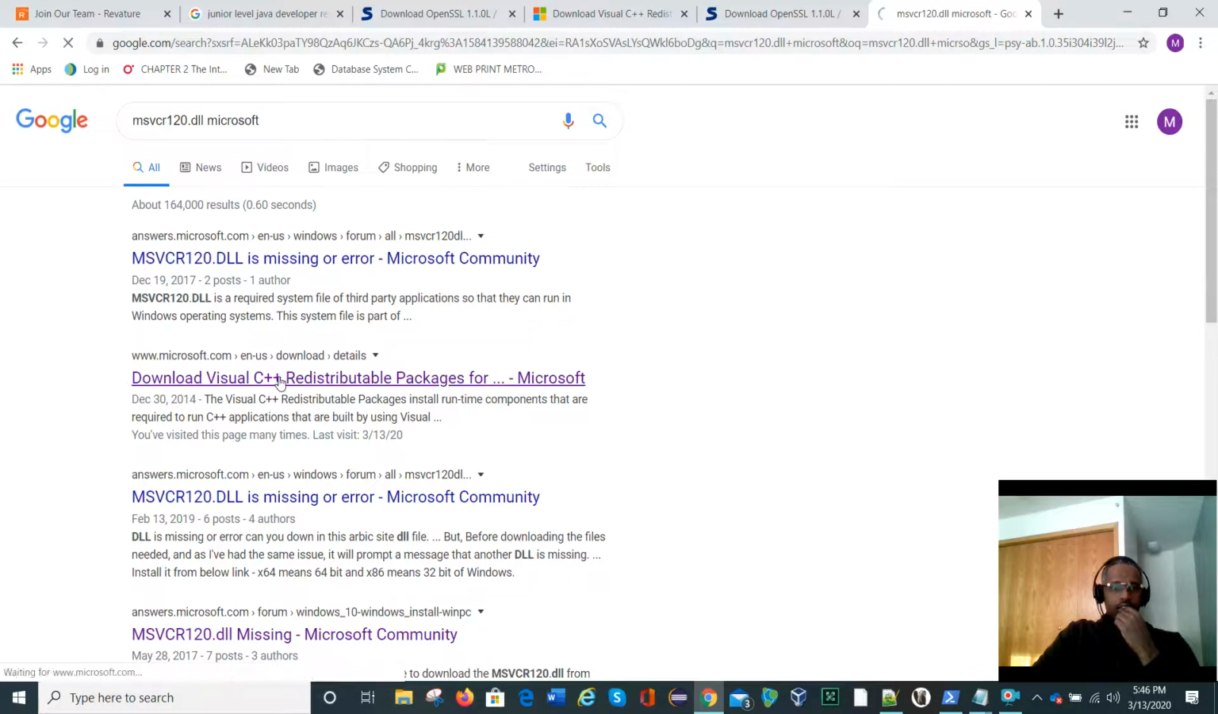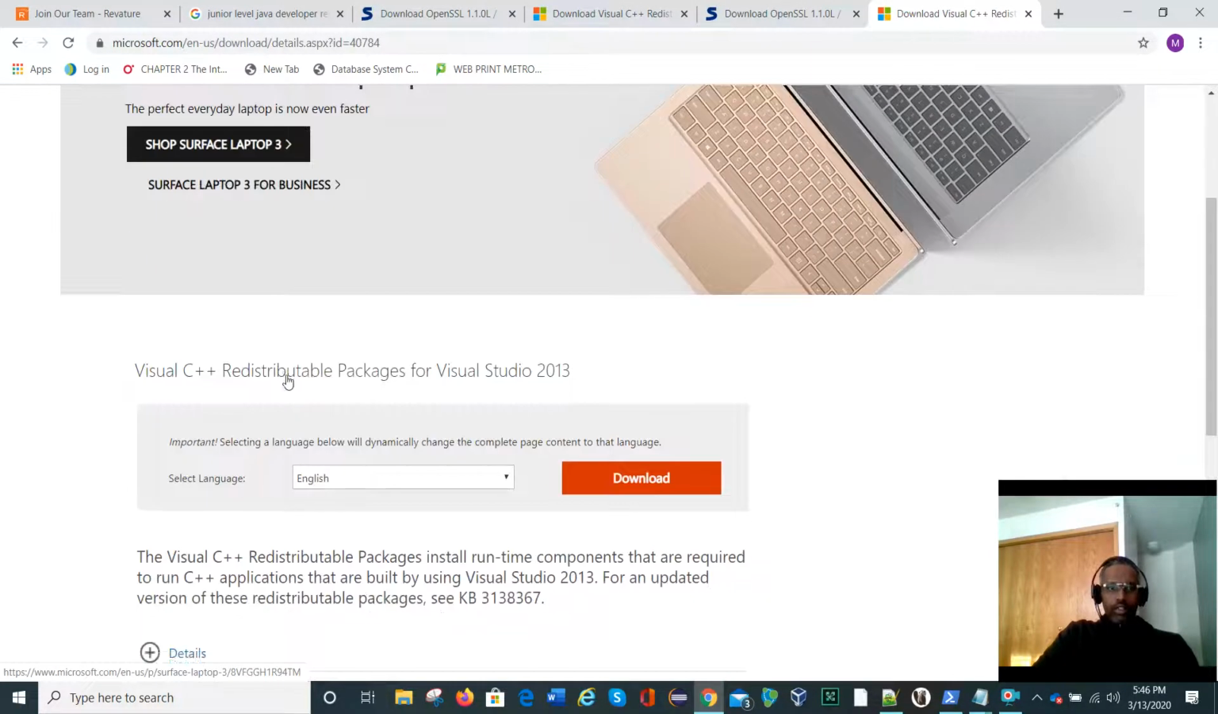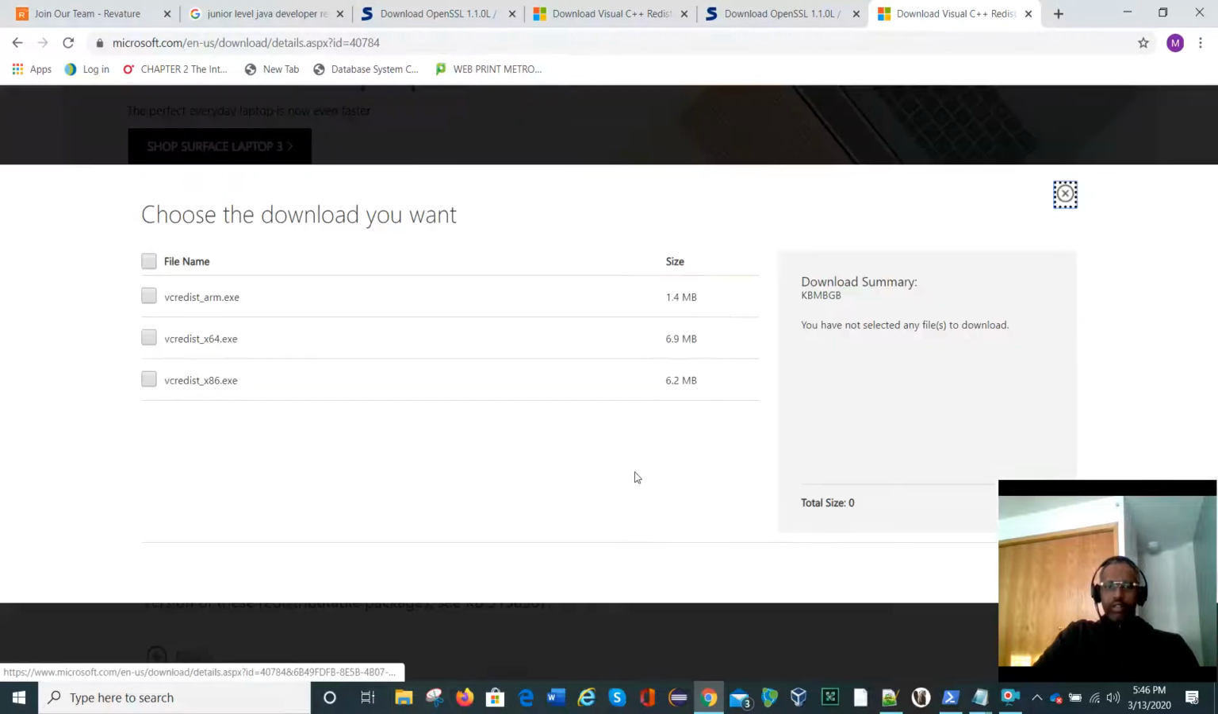Okay. So once you do that, select the language of your preference and then click download, and then you can go ahead and download it from here. Once you download and install it on your system,